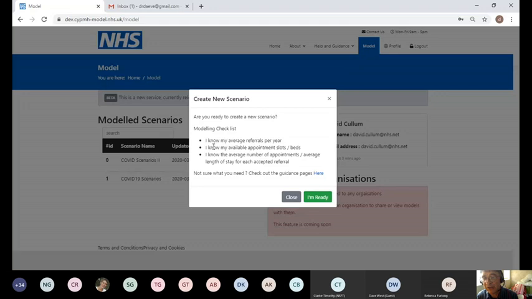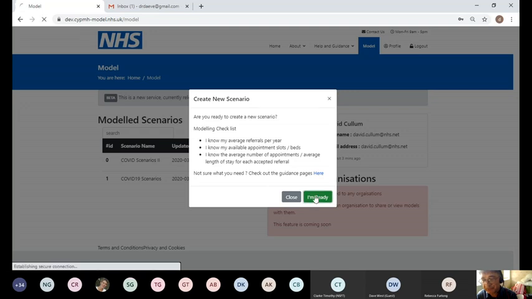And then you get your modeling checklist. And so trying to make this as easy as we can for people. Just a reminder of the information you need. I know my average referrals per year. I know my available appointment slots or beds, and I know the average number of appointments, average length of stay for each accepted referral. If you're not sure what you need, there's some guidance on the little blue here, but